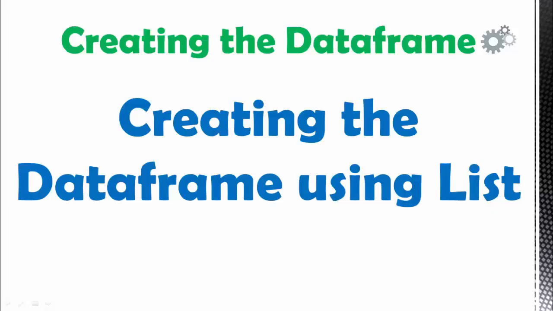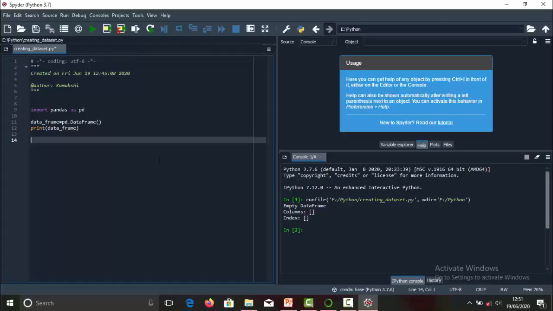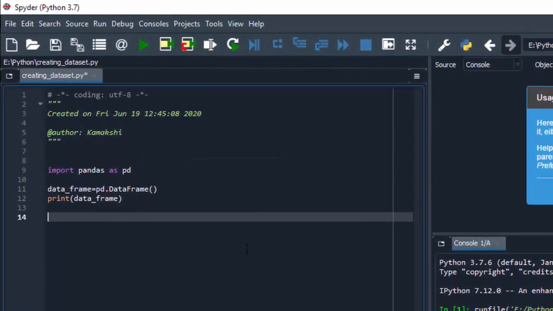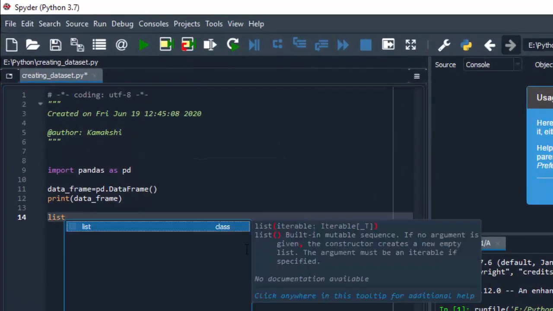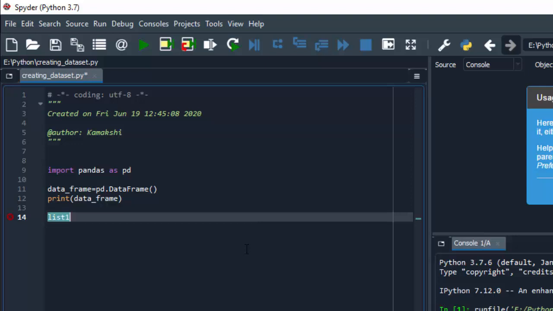Now next, let's see how to create the data frame using list. In order to perform this task, first I'll create a list. Take one variable. I'm taking the variable as list1 equals. Now in Python, we specify the list within square brackets.